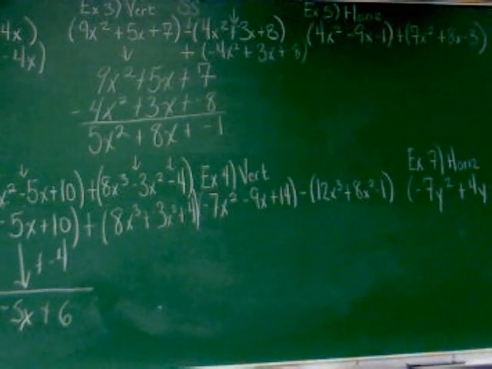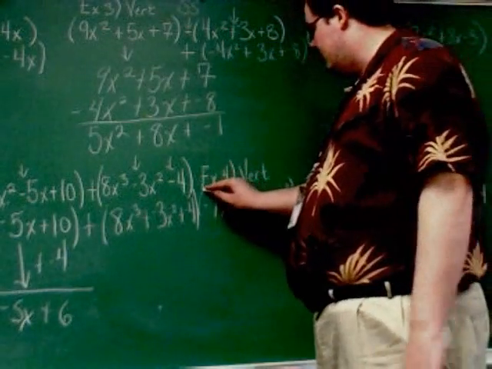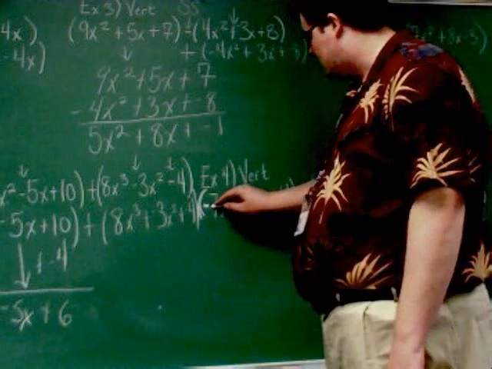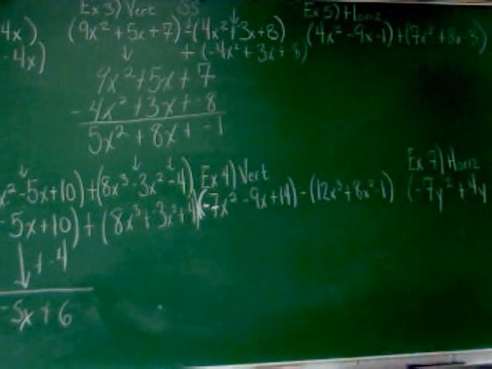Alright, let's go to 4. One last vertical problem, then we'll probably skip 7, but we'll get a couple horizontal problems in here. Negative 7x squared, it's a little bit cut off. Darken that up. That's better. Negative 7x